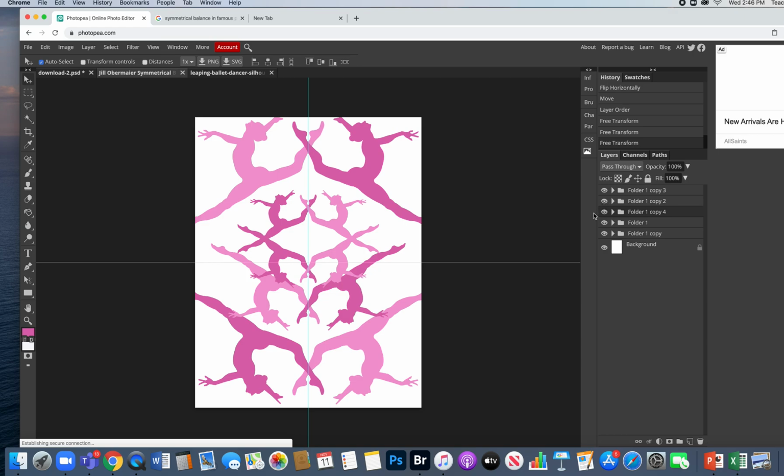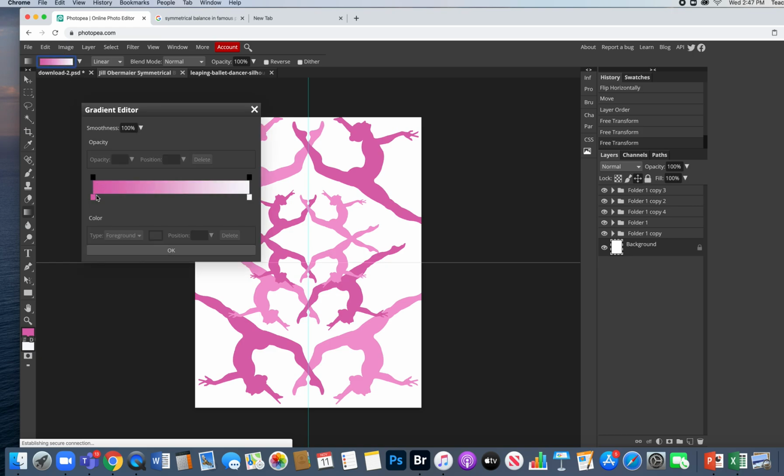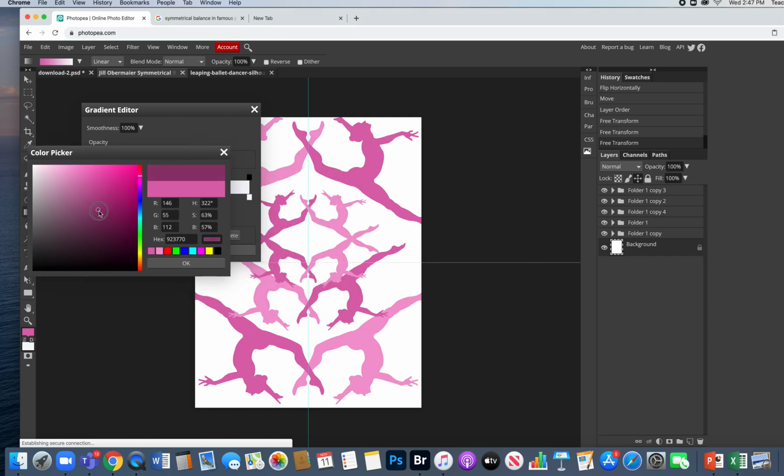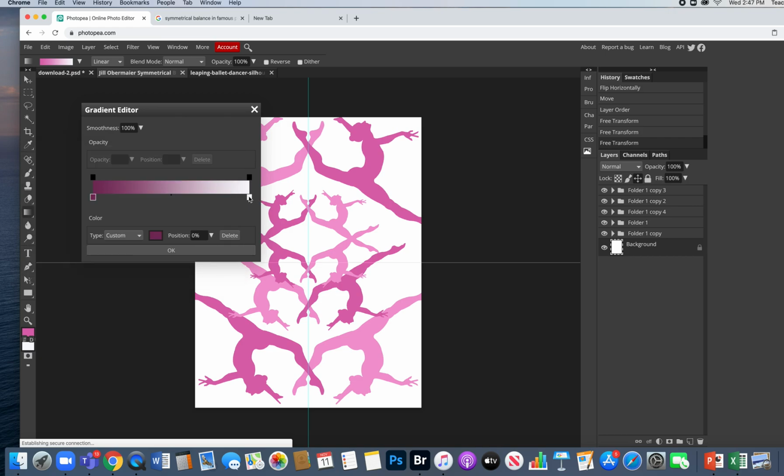Now I am going to create a background. So this is a symmetrical design. We've got one figure on this side, one figure on this side, and it goes all the way down. So on the background, I am going to create a gradient. With the gradient, I'm going to double click here. I need it to be different colors than I already have. So if I double click on the stop, I get the color picker. Okay, and I can go to a much darker version of the color. And then on the white stop,